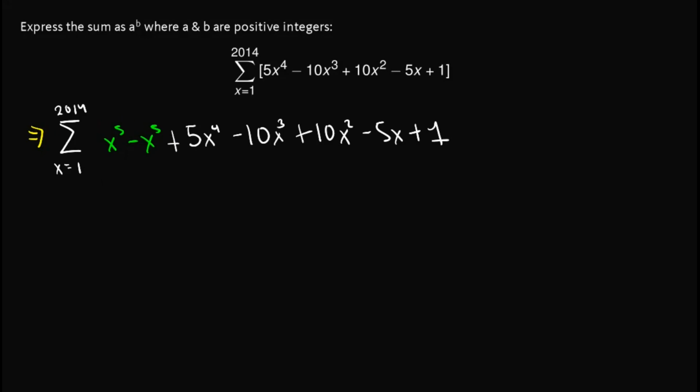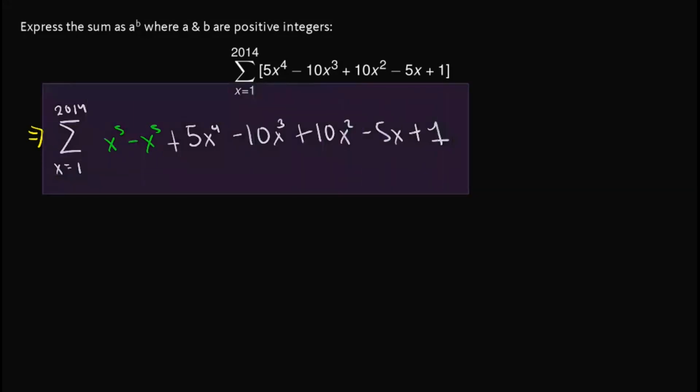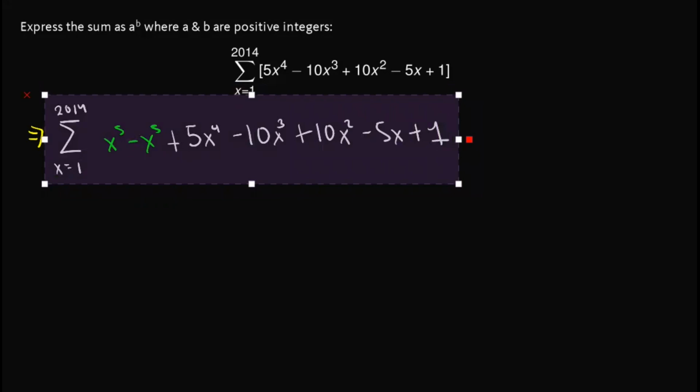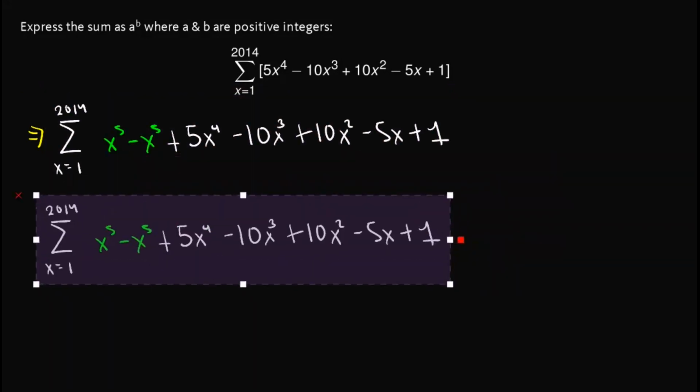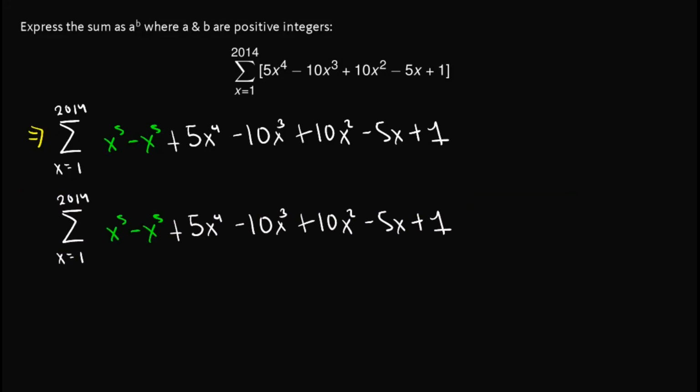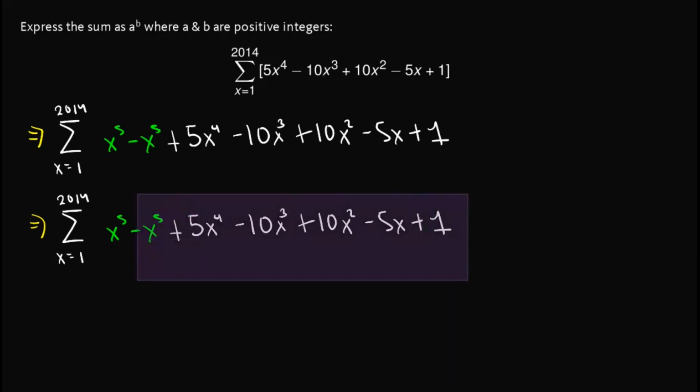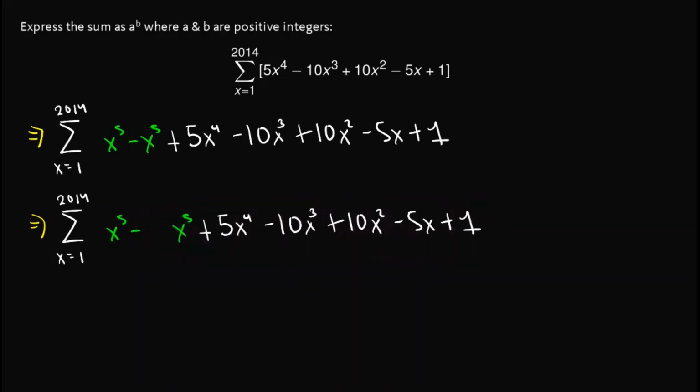Now the reason that we did that is because we can factor out the negative sign out here. So that would give us,